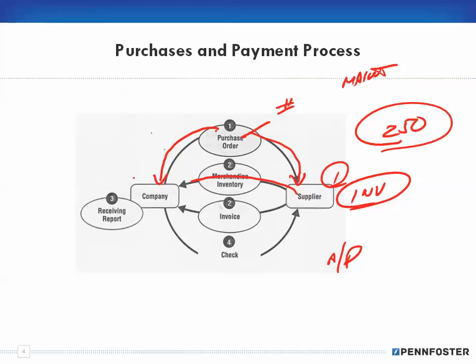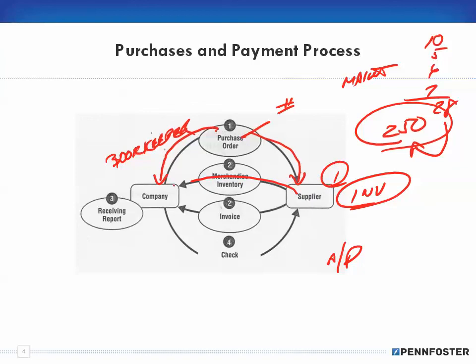But the whole idea here is that the bookkeeper or the accountant is taking that purchase order and they're matching it up to whatever shows up on the invoice. So in other words, if that purchase order says I want 10 of this, 5 of that, 6 of that, and 7 of that, right? So that's 28 items on that purchase order. And of course, the maintenance guy is getting those 28 items at a total cost of $250. Now,